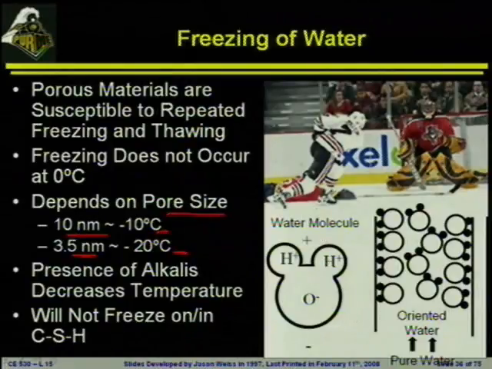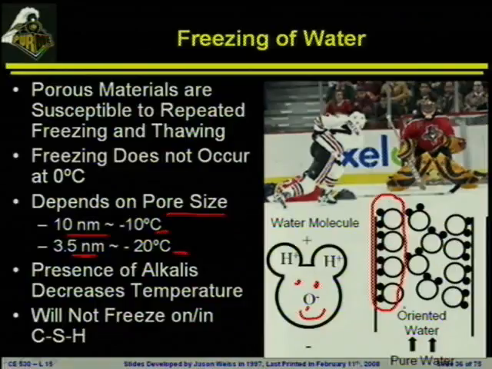So if we see over here, you could put in some eyes. All right, we got Mickey Mouse looking back at us. This is the oxygen with the two hydrogens sticking onto it. But this means that water is going to preferentially line the sides of our pore walls. You'll remember we were talking a few lectures ago about water preferentially aligning on the surface of the pore walls. It's basically going to line up in this direction, and then we're going to get into a point where we have water that's less oriented in the middle of the pores and is going to be acting more like